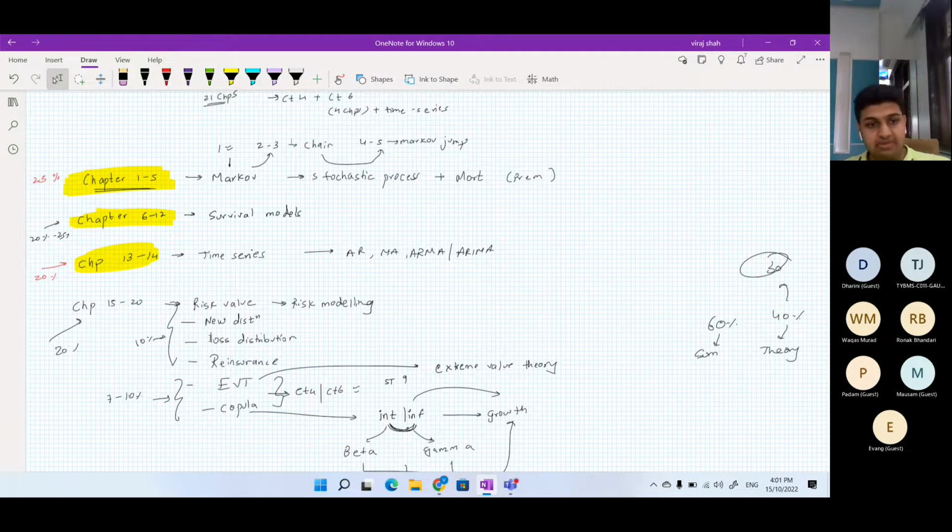Initially, after 1 month, we're starting with the revision, having 1-2 days in buffer so that you can revise whatever you feel difficult. Then we'll be moving on to papers. 15 days of paper solving is a must. I consider paper solving as Bible. What do you mean by Bible? It is the most important thing.